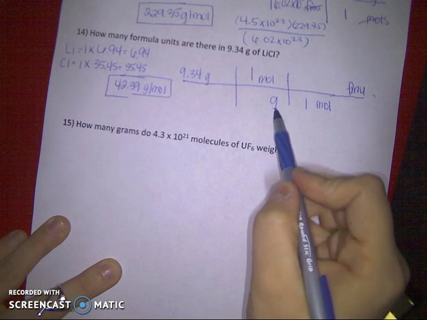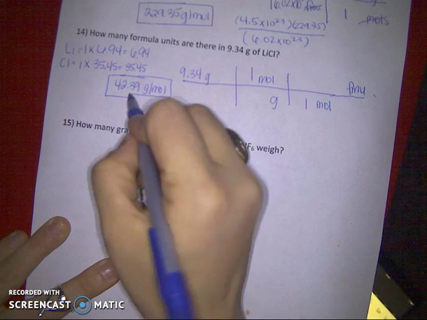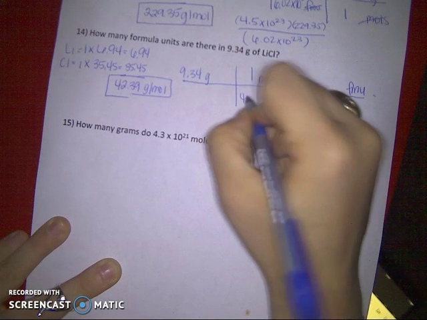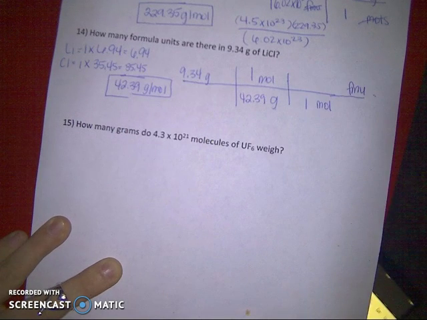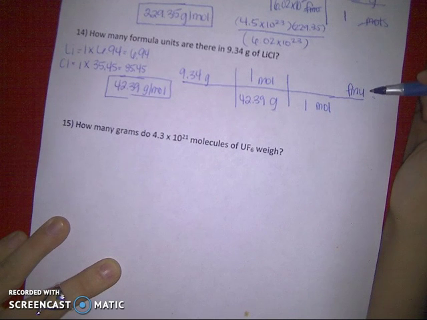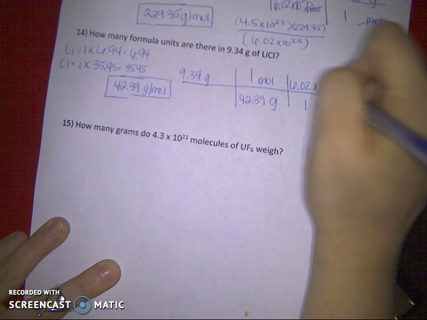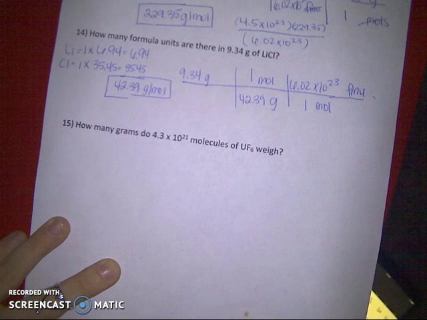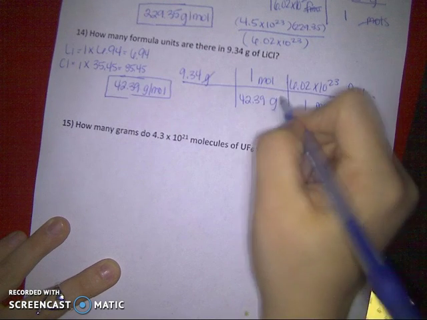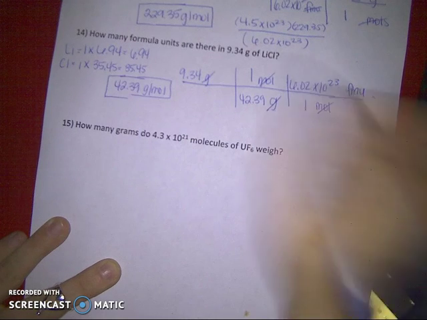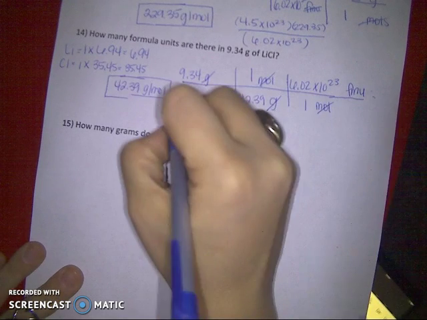We just calculated the G over here, so I'm going to transfer that number to here, so 42.39. And then I see FMU, which is a representative particle, and it always gets Avogadro's number in front of it. So that's 6.02 times 10 to the 23rd. Crossing out units that are the same on the top and bottom. And now we're going to multiply the numbers that are on the top. So that means that I'm going to have